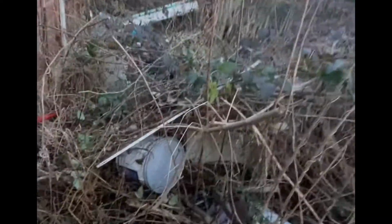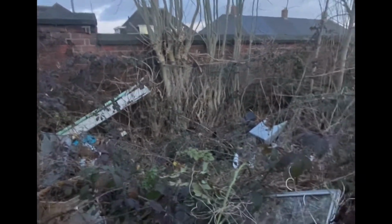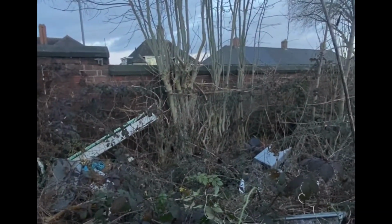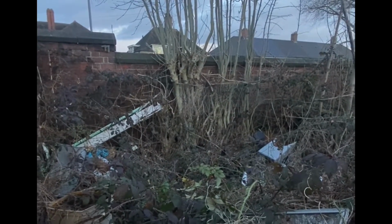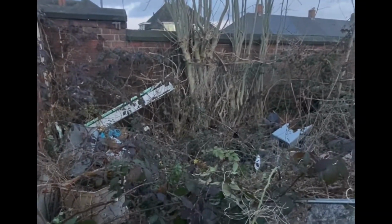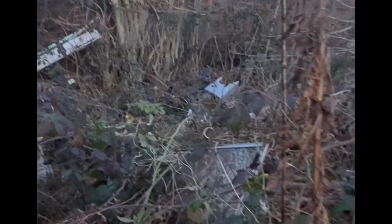I'm going to call it a day today. So I'm through to here. Yeah, all of that's going to need cleared. And then you cut down all those trees, because when I get the things delivered for the fence, it's probably going to have to be dropped off on a pallet. So what I'm going to have to get them to do is clear that section there that's a little bit clear, drop the pallet there, have a proper pathway through here so that I can bring the stuff out and down and build the fence,